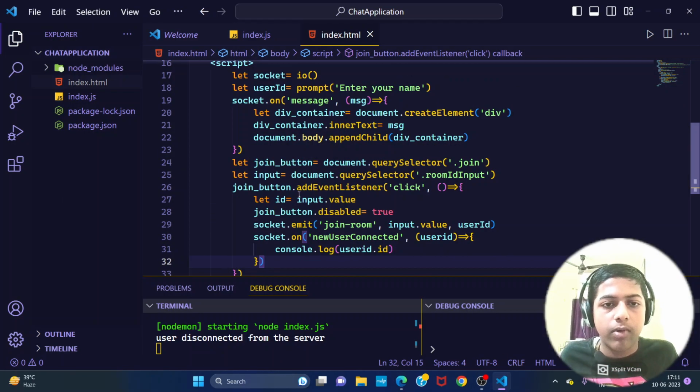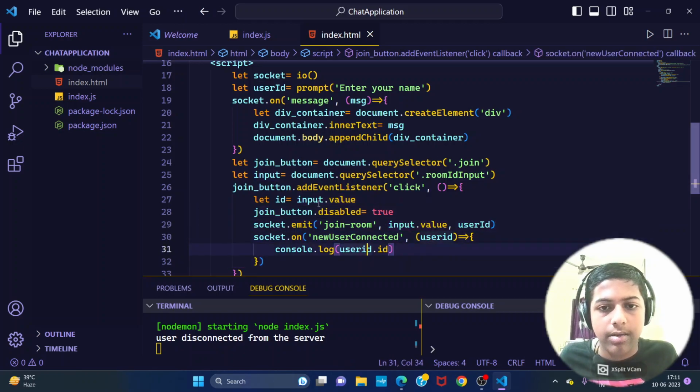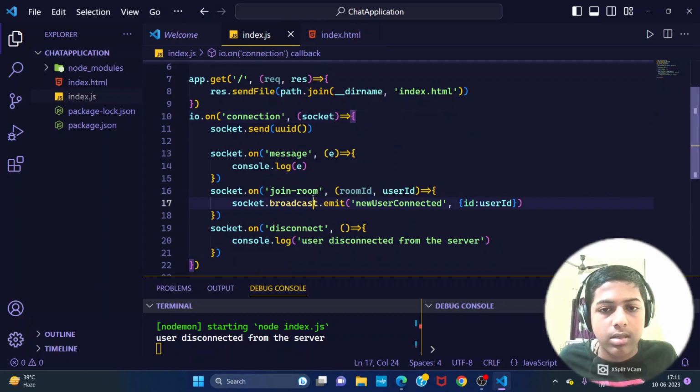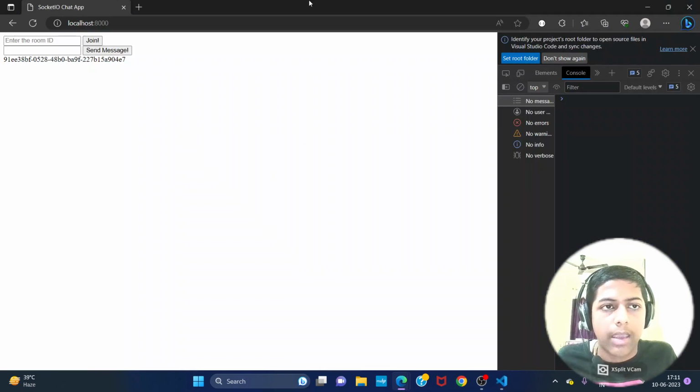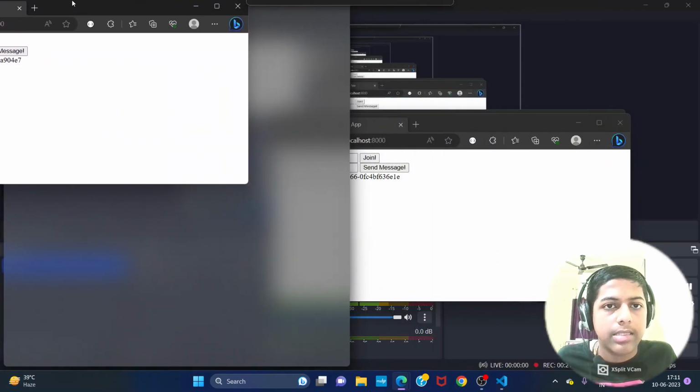Now, when we click on that button, we are going to send the input.value and the user ID, right? Socket.broadcast.emit, we are just doing the same thing, right? User socket.broadcast.emit, the user ID of the same user only. Okay, let's open these in